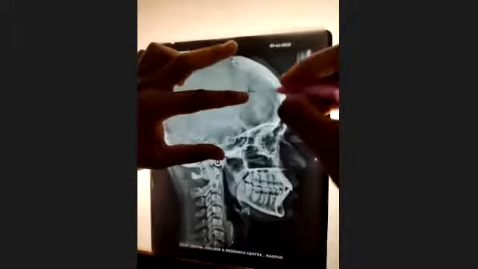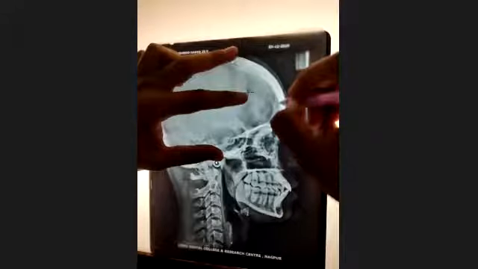Now I'll trace the bone. You will not be able to see it in the video, but the tracing will be below it, and you will be able to see the tracing line. Okay. I trace the bone. Then I come over to trace the sella turcica, which I had shown you yesterday.